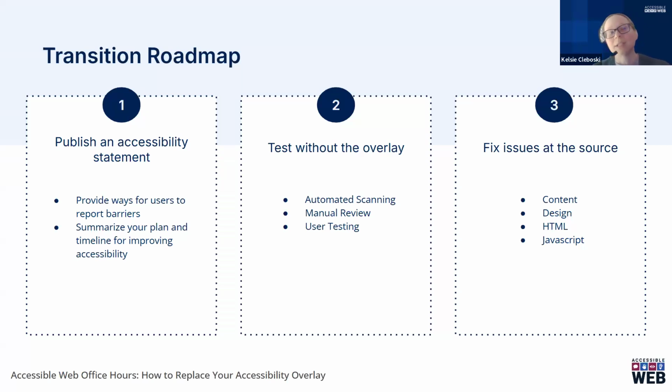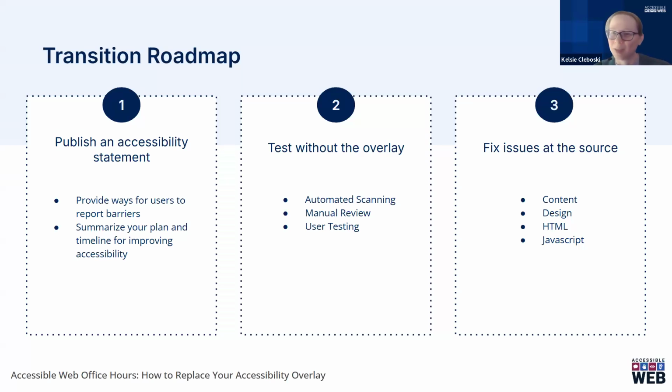And solid accessibility testing can include automated scanning. That's a tool that offers to help identify issues. It's not offering that it's going to fix them automatically without anything from you, but can help fix issues. Being aware that automated scanning is not going to fully catch every issue is why we also recommend including manual review for accessibility, particularly comparing to a technical standard like the Web Content Accessibility Guidelines, as well as including user testing with users with disabilities. This three-part method, we think, provides a really well-rounded view of accessibility and helps you understand the accessibility of your core baseline website. And then from there, you can go to step 3 in the transition roadmap, which is to